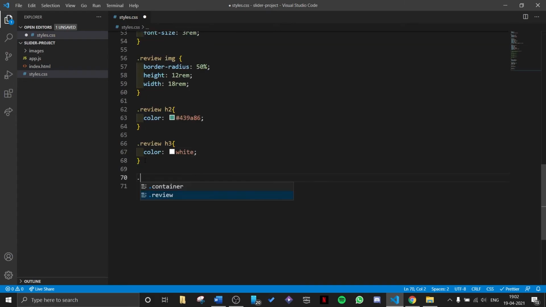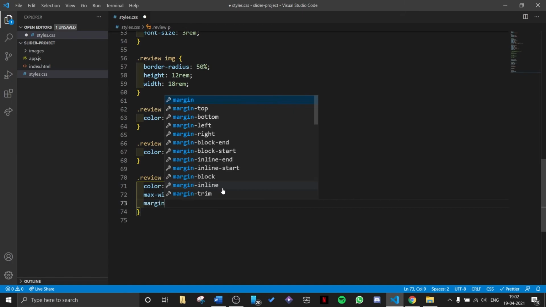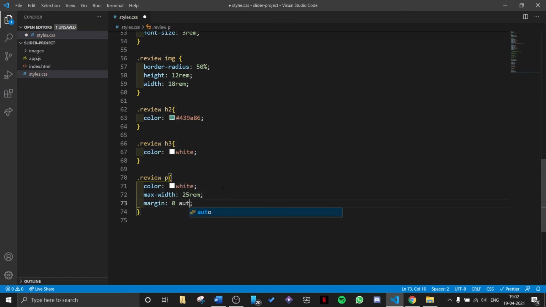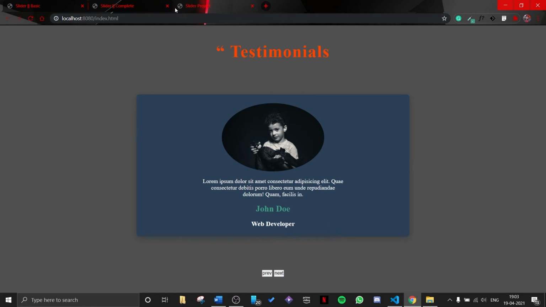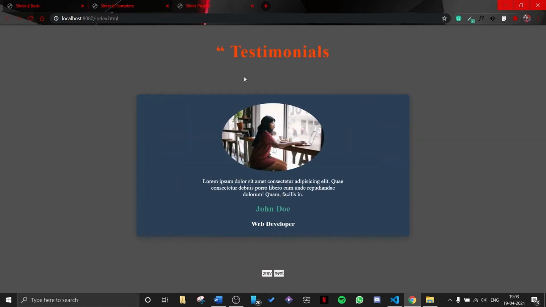Then I will target my paragraph, and again I will give this a color of white. And then max width for the paragraph will be 25 rem. I want everything to be in the center, so margin 0 auto, and also text align should be center. So if I see it, yeah, looks a lot similar to this.